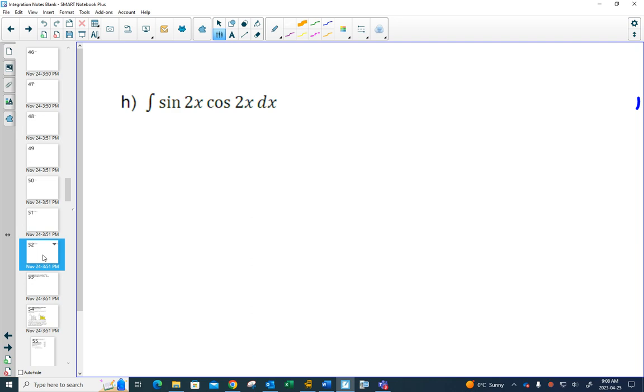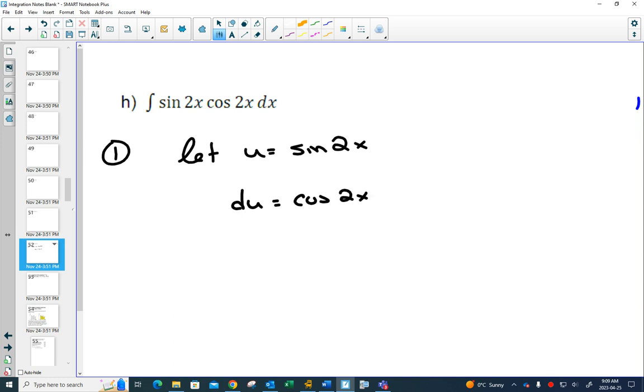So if we let, and I'm going to do this one in 3 different ways, so this is the first way. If we let u equal sine 2x, then the derivative would be cos 2x times 2